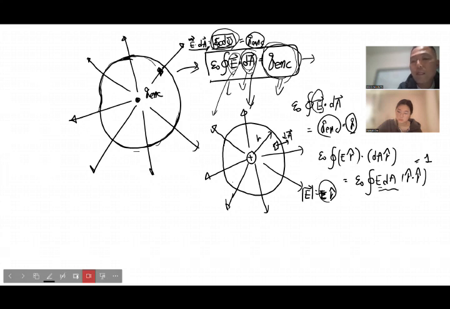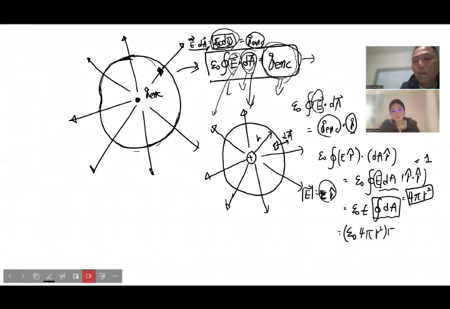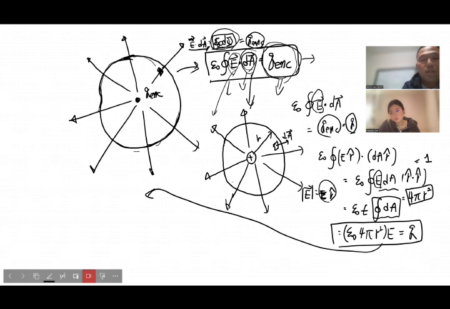And as I said, the electric field is a constant value because it is uniformly distributed in the radial direction, so it can come out of the integral. So that is epsilon times the electric field times the surface integral of dA, and this is the surface area of the sphere, which is normally 4 pi r squared. So now that is epsilon times 4 pi r squared times the electric field, which is the same as Q. So now if you re-express this electric field and move this term to the right hand side,